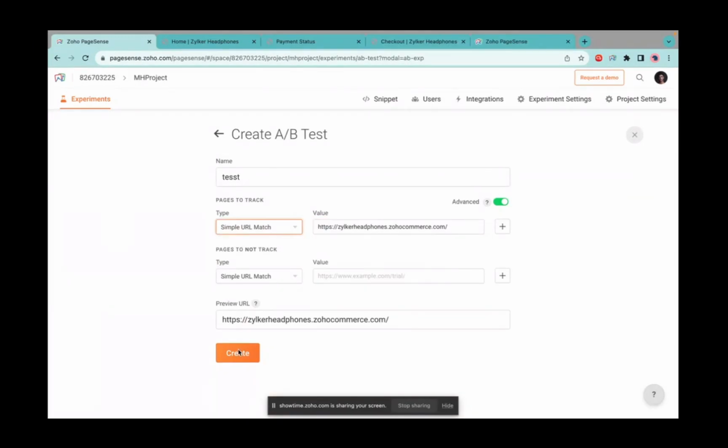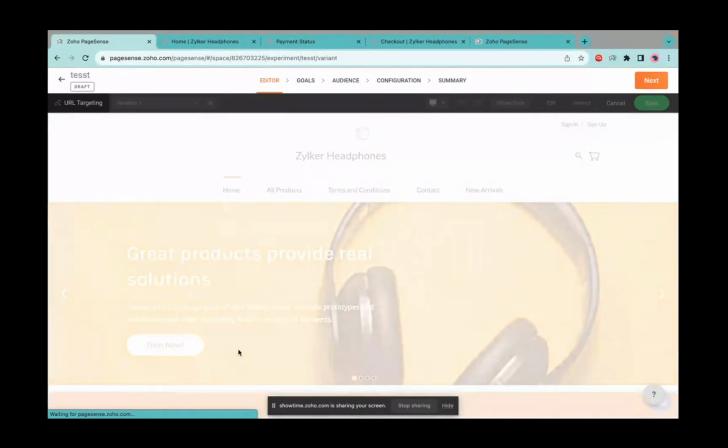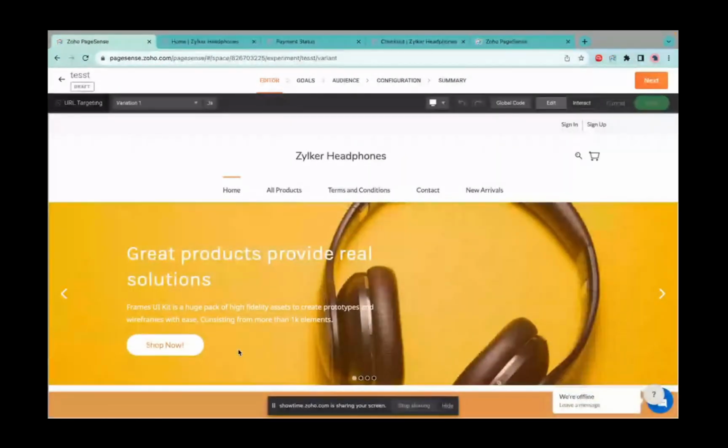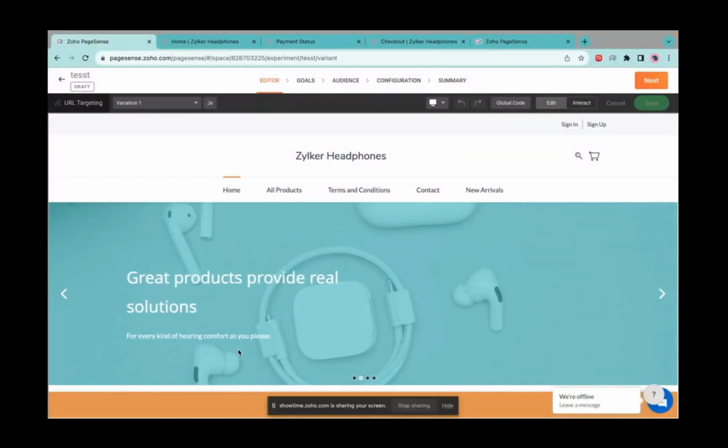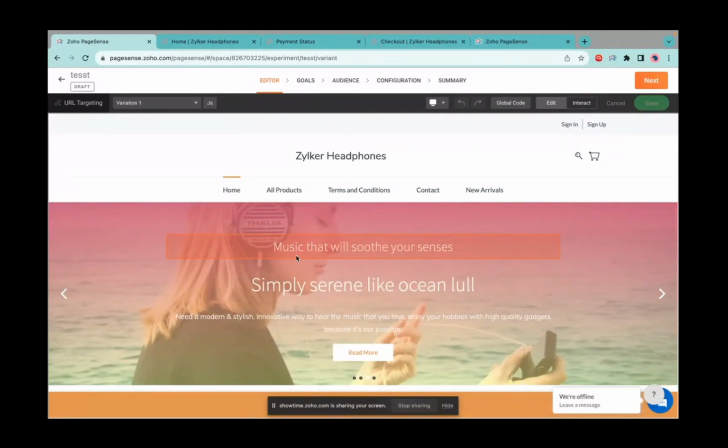And we can create this A/B test in two different ways. Let's say when it comes to a home page or a product related page, you can do the changes using the PageSense Visual Editor inside the application. And there is another way: if a website has a login session and you wanted to make changes for the web pages beyond the login session, we are also able to do that using the PageSense Chrome extension, which Aarti mentioned before. So here in this PageSense Visual Editor,